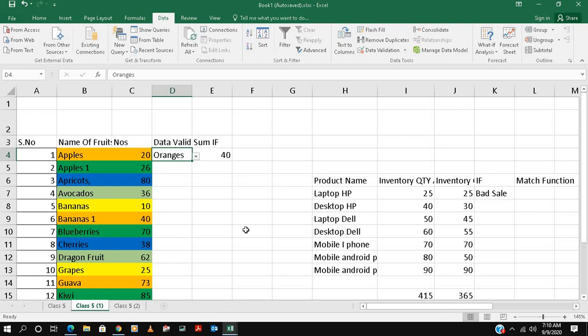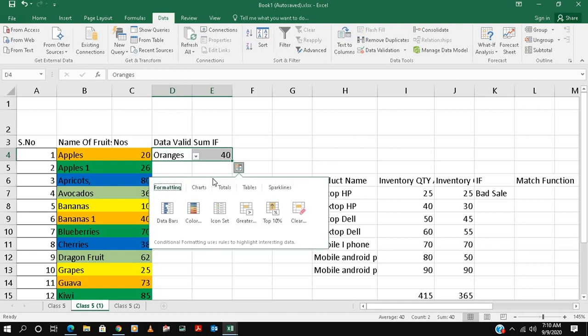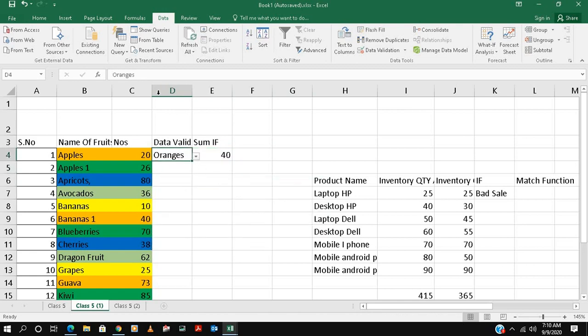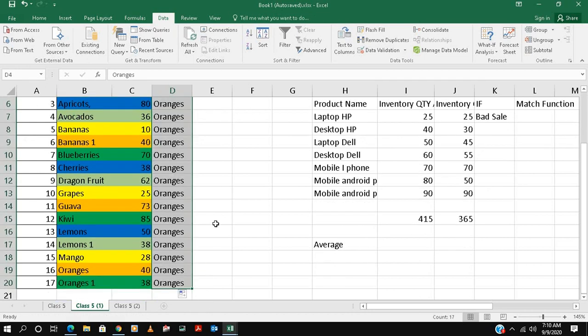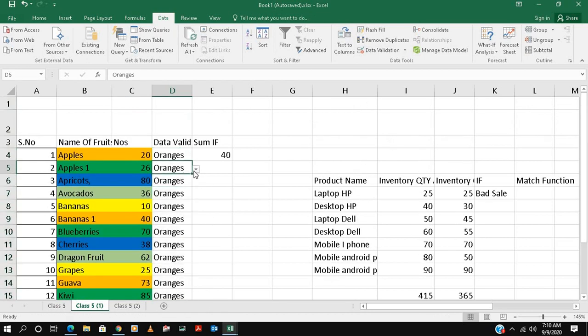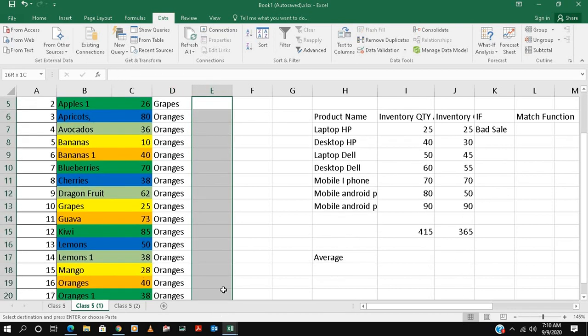But if you just want to do basic work in Excel, maybe many people don't know about this. So if you like it, share it with your friends and family who are learning. And once you have done it, as we said, you just drag down, and it will automatically come over all the formulas. If you also want this, you just copy and paste.